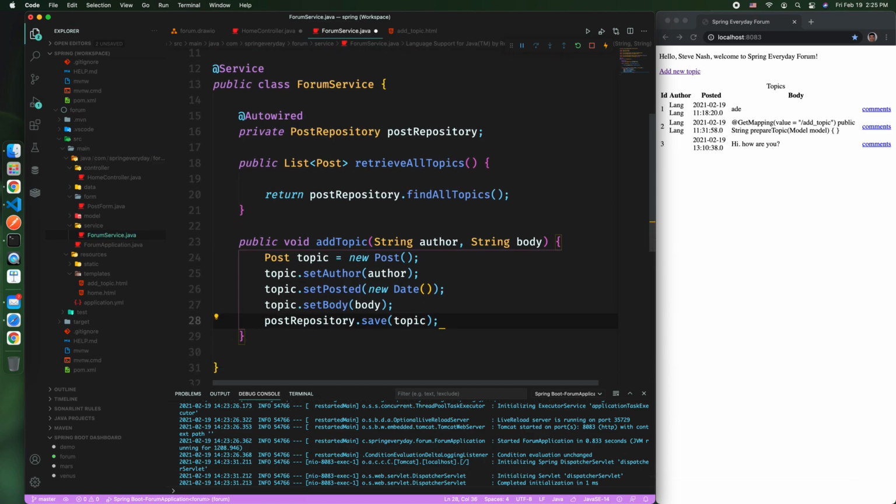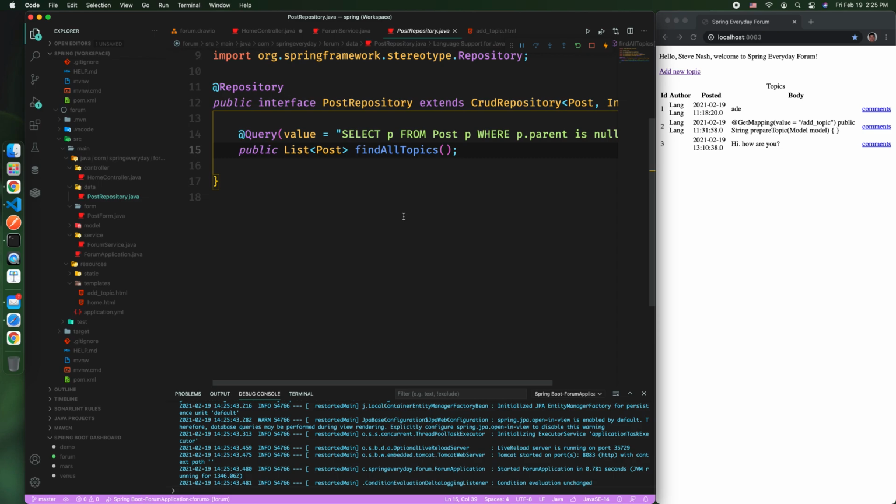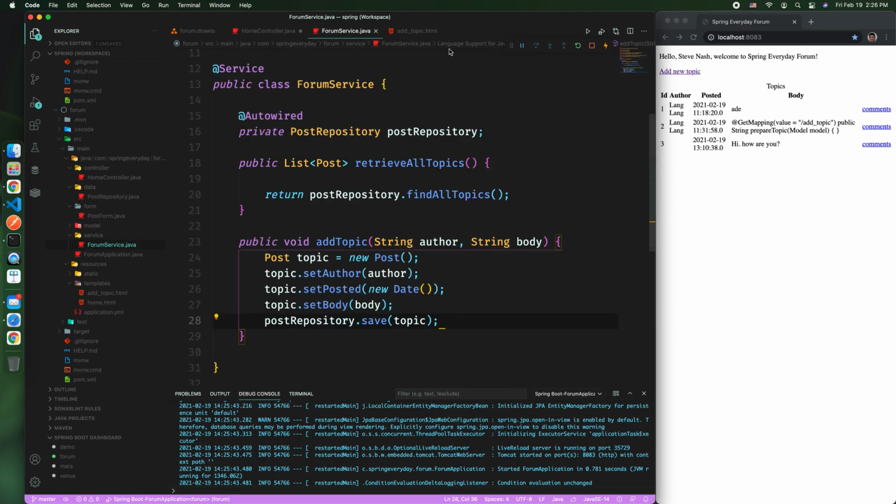Okay, so as you can see, we didn't do anything in the repository. Let's see where the repository is. It's in the data. So we don't do anything in the repository. We just use the save, because the save is a standard function. It's already implemented by JPA. So JPA will make sure you have this save. So you don't have to create or do any coding for the save, and you will save this